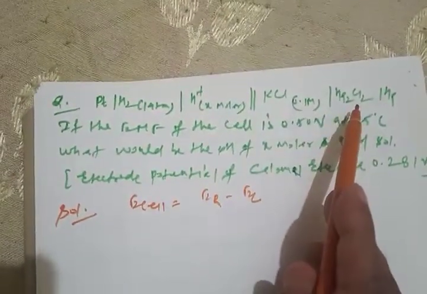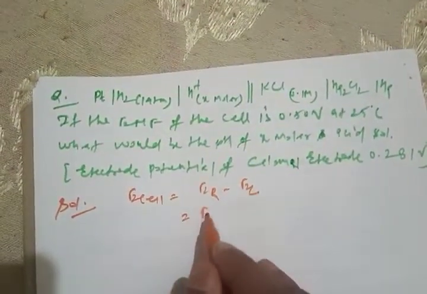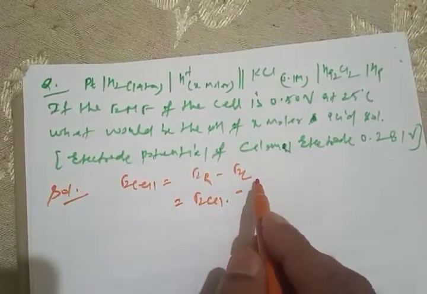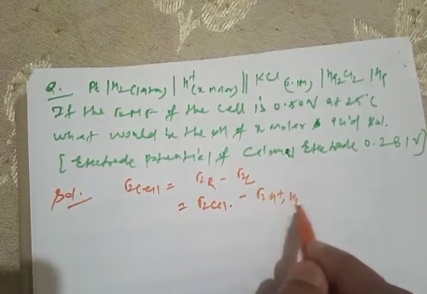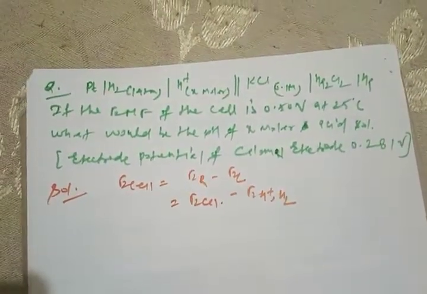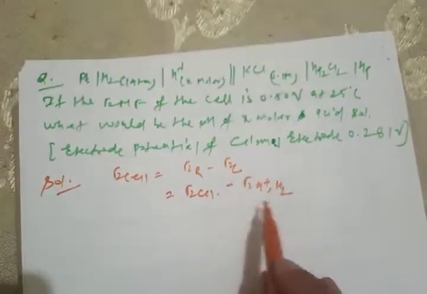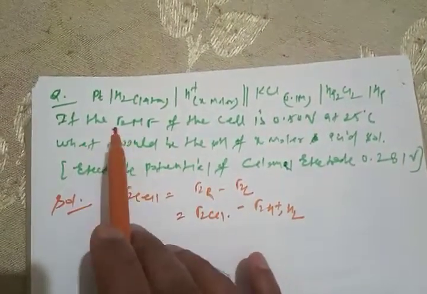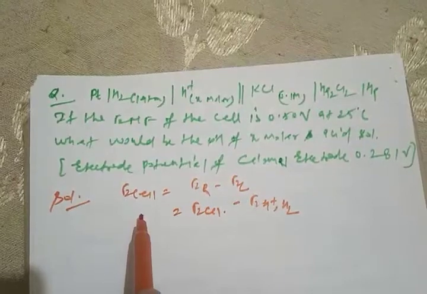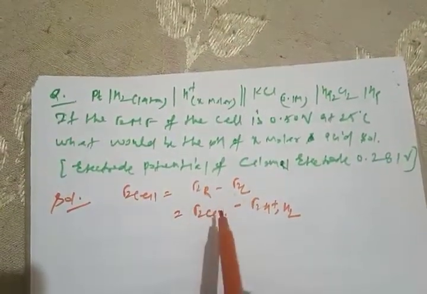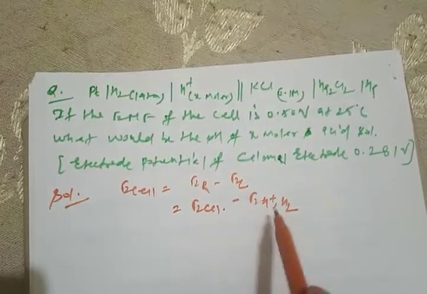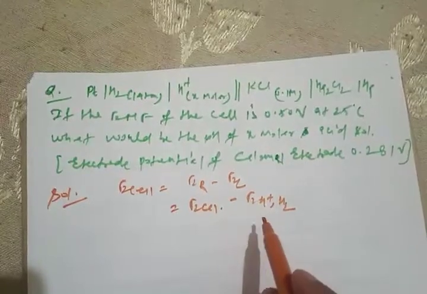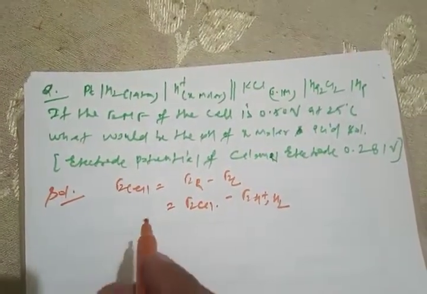So on the right hand side you have the calomel electrode, so I can write this as E calomel. ECl is the indication, and the left hand side is nothing but H plus H2. Okay, so we know the value of E H plus H2. The EMF of the cell you have given is 0.050. The calomel electrode you have given, and from this you need to identify the pH. So we know that the value of this is what? Minus 0.0591 pH. Okay, just put this value here.